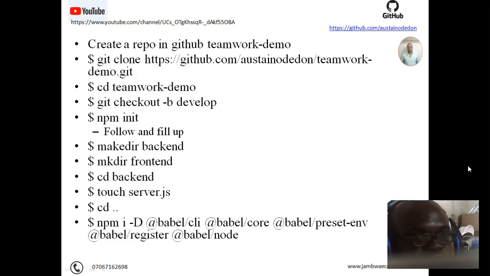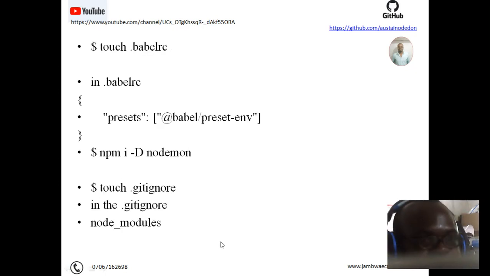After creating the repo, you clone it to your system, cd into the repo, create the develop branch, then do your npm init and follow up. Create the directories, the front end and back end, then install Babel to help you do the compiling, then create the .babelrc file and configure it, install nodemon, create the .gitignore,